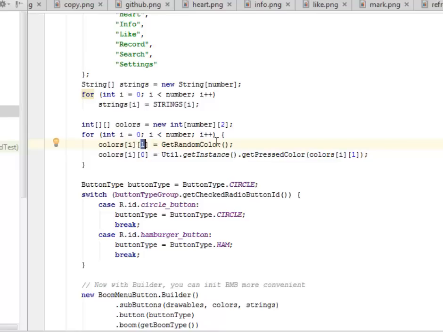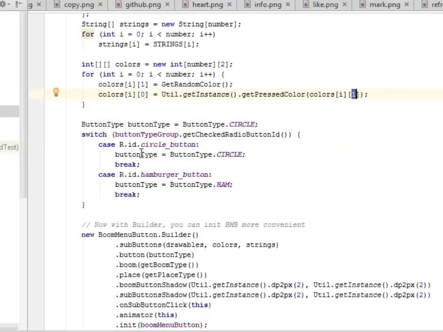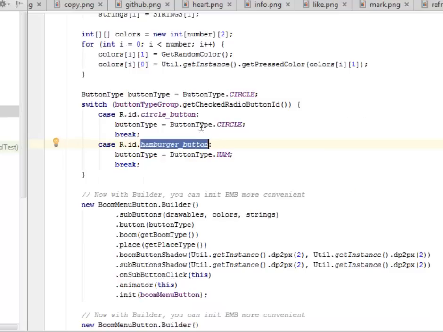So if you get a random color, and this is if the index is 0, you're going to get this instance, and when it's pressed, the colors will be picked from the random color i and 1. That's fine. The same thing goes for the circle button and the hamburger button. So in case the button type group is actually circle button or hamburger button,